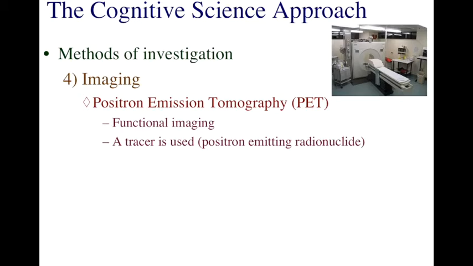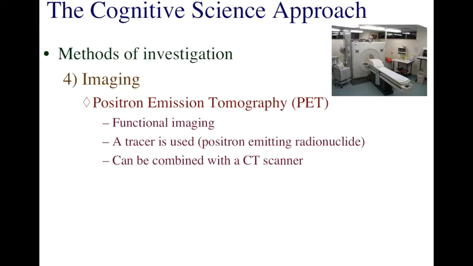through the brain. It turns out your brain is quite an oxygen consumer. It consumes a lot of oxygen, and the way to get oxygen to the brain is through the blood system. So when some part of your brain has to do some processing, we need to get oxygen to that part of the brain, and if we follow the blood flow, we can follow the parts of the brain that are most active. This is what we mean by functional imaging. We're measuring what the brain is doing.